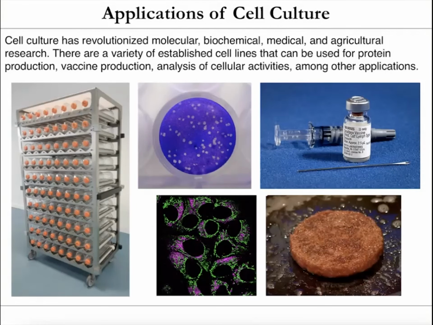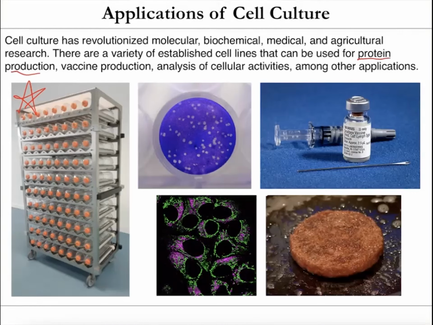So nowadays, there's a huge variety of different immortalized cell lines. If you're studying lung cells or lung disease, you can get lung cancer immortalized cell lines. If you're studying liver cells, you can get liver cells, all sorts of different cell lines from all sorts of different species. And they can be used for a lot of different things. So you can get a bunch of them together and use that for protein production.